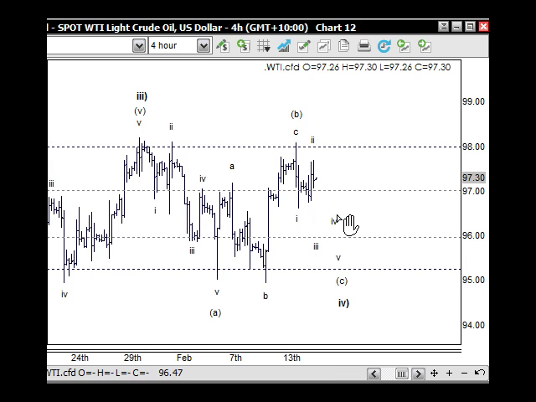You just got to be a little bit careful, because this move here is 5 waves. This move down through here is actually an A and a B, and we could count that as a C in here, so we could have up for 1 and back for 2 and up for 3 here. But we don't want to go long until we've got the 98 as support, or we've got it back down here somewhere, so we're in sort of no man's land. So the bias is to short, but we want to be under this particular number here.